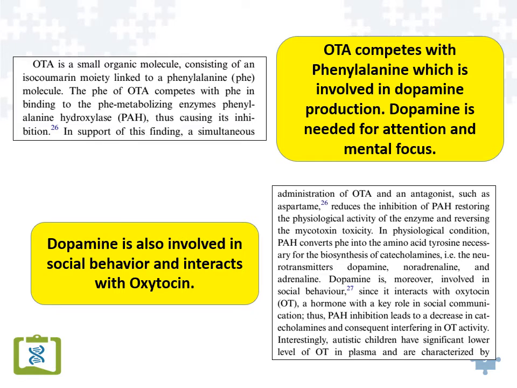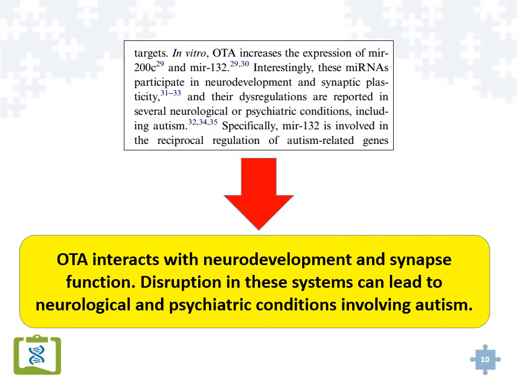So lower dopamine can affect attention, can affect mental focus. Dopamine also has a relationship to oxytocin, that pro-social hormone in the body. So in autism, that's a big problem because oftentimes there is a deficiency of oxytocin, which is what causes some of the social anxiety problems and social deficit issues seen in autism. Ochratoxin also interferes with neurodevelopment and disrupts the synapses between nerve cells. So it's going to interfere with the nerve cell communication in the brain. And that could explain some of the language problems, cognitive problems, memory issues seen in people.